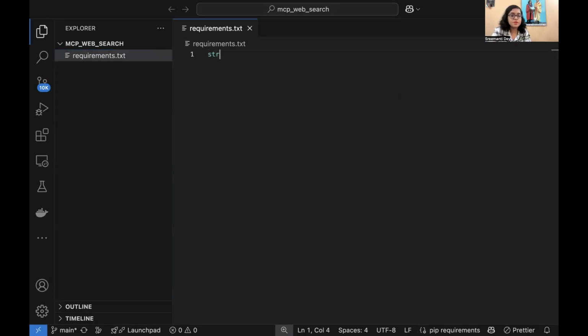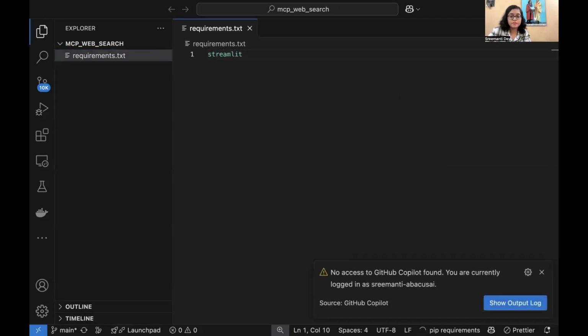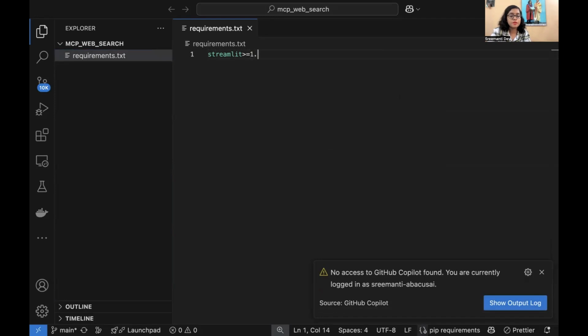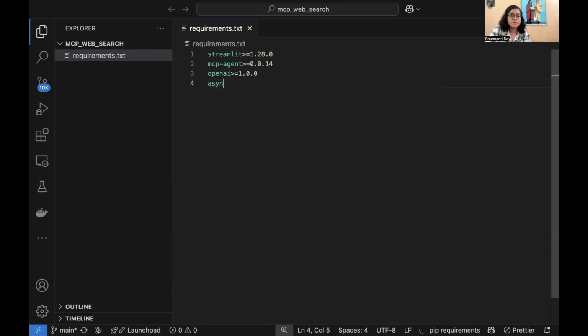First thing, as I said, is going to be Streamlit greater than equal to 1.28.0. Next thing is going to be MCP agent, greater than equal to 0.0.14. And then OpenAI greater than equal to 1.0.0. And then asyncio. Because our entire application is going to use async and await, because we don't want to